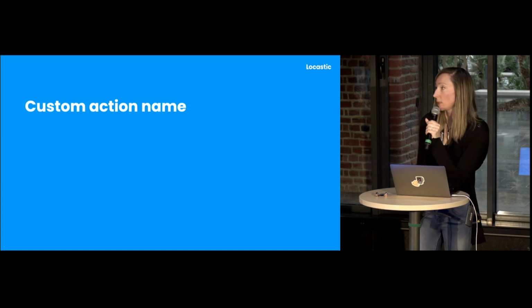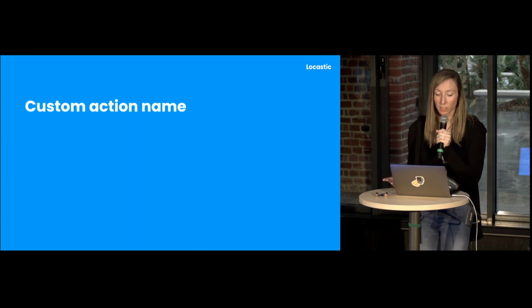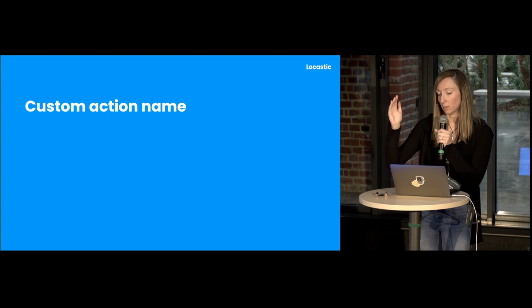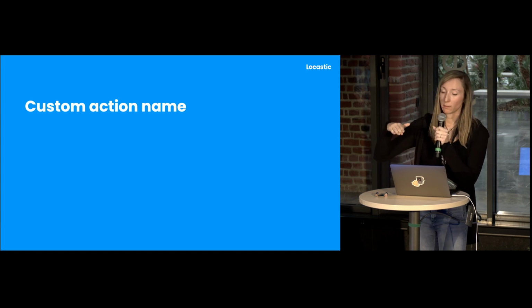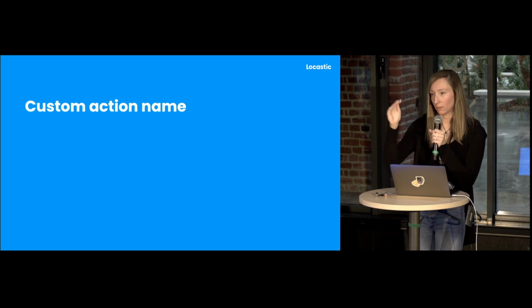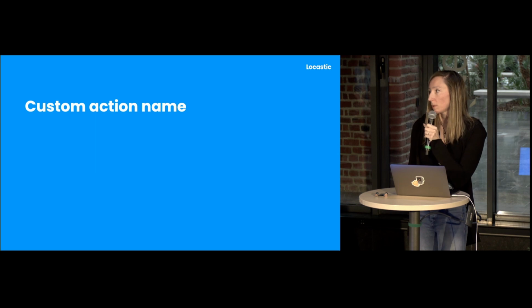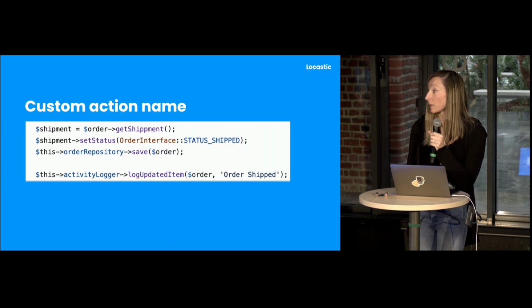Custom action name. Imagine you have an order and then you have a bunch of changes on that order. If you have a list of the logs, it would look like created, edited, edited, edited, edited, and it doesn't say much until you open it and see what actually happened there. So it would be better to have a custom action name which is more descriptive.